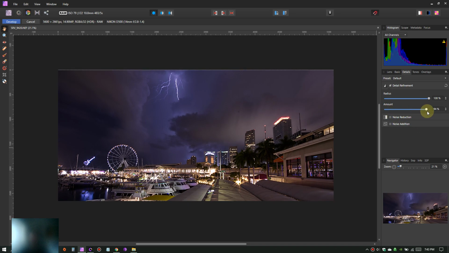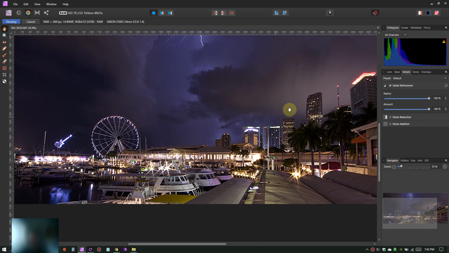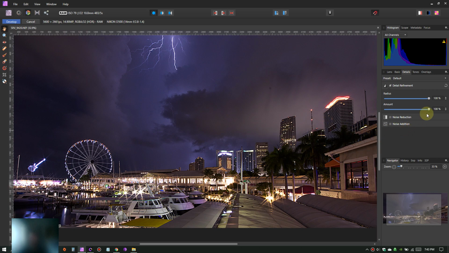And this is what happens if I give it detail. It just really shots it, kills it. So you can see too much detail just ruined the image. But it brings out the lightning. It brings out the veins and the lightning. Nice. So bring this back down